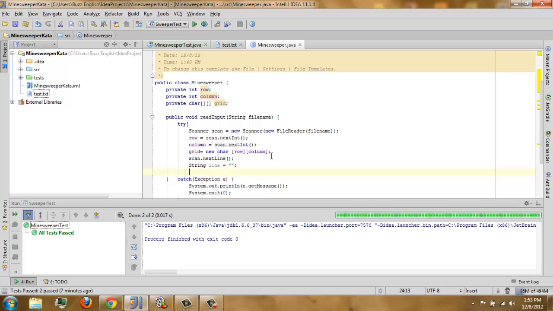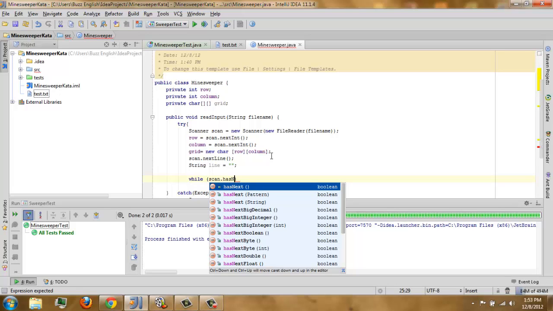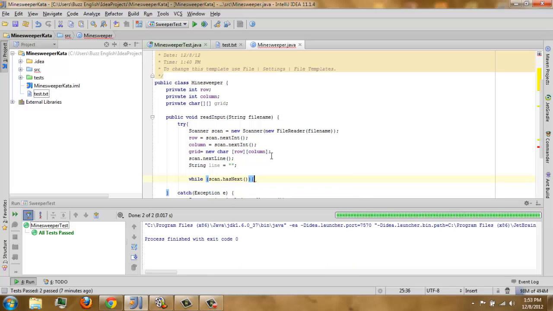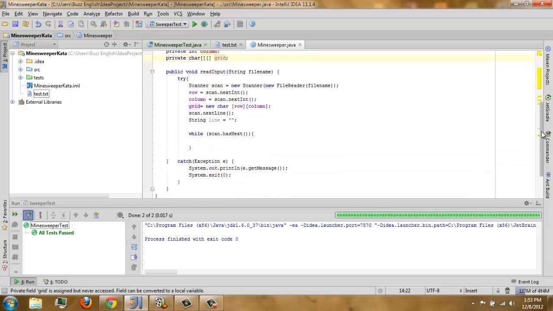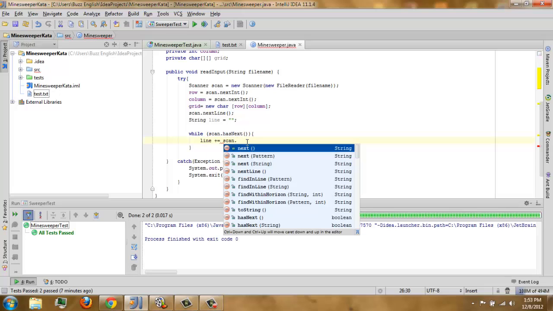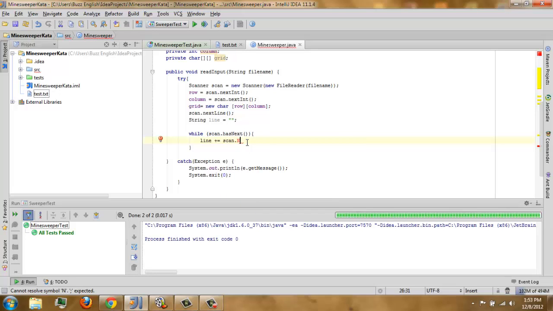While scan has next, so it continues to read, line plus equals scan.next.